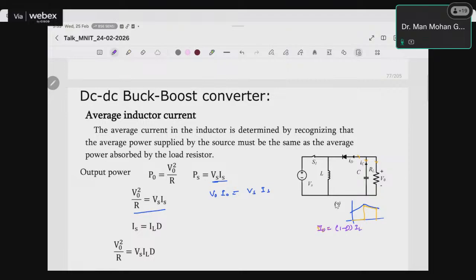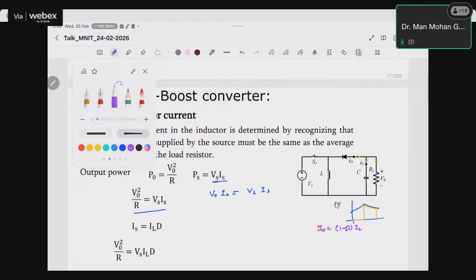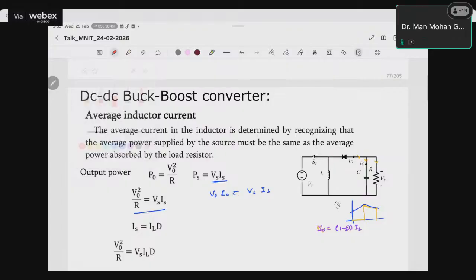But if I talk about input current, then input current will be available when the switch is on. So input current will be this one. It means my input current will be D times IL, right? D times IL. So if I put these values here, now I am interested to find the